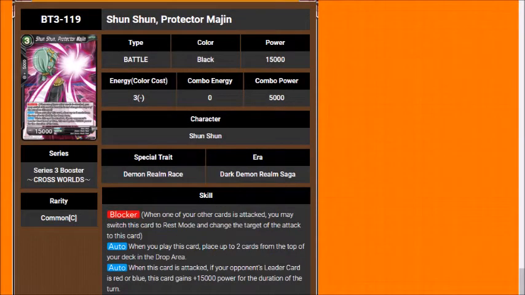Now we're getting into the little slime monsters with Shun Shun, Protector, Majin. 3-drop, 15,000. She has Blocker. Her auto says when you play this card, place 2 cards from top of your deck in the drop area. And then her other auto says when this card is attacked, if your opponent's leader is red or blue, this card gains 15,000 power for the duration of the turn. You're blocking almost anything that comes at you for nothing. For what? Your opponent just happens to have that color? I can see this card being side decked in so many games. It's